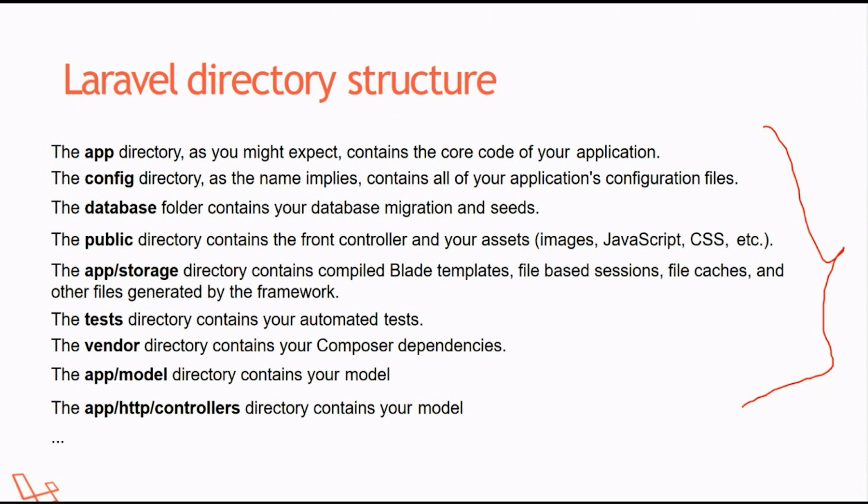Similarly, the config directory is also there. As I said, the .env file is there, so it will go in this. You'd be able to see many different databases in that form, with a predefined structure or syntax written in it. You can go ahead and put your own database name, or localhost, or whatever you are running on, in this config file.